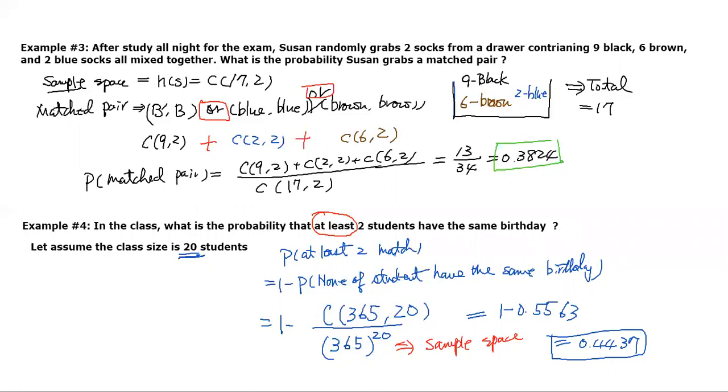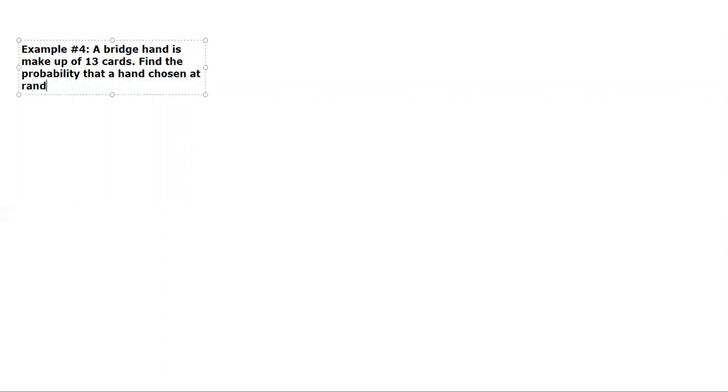All right, next one is example number 4. I hope that after this, you will be able to do the homework. A bridge hand is made up of 13 cards. Find the probability that a hand chosen at random contains